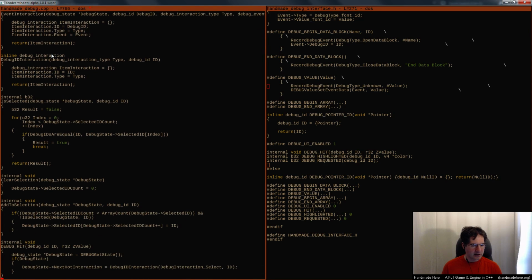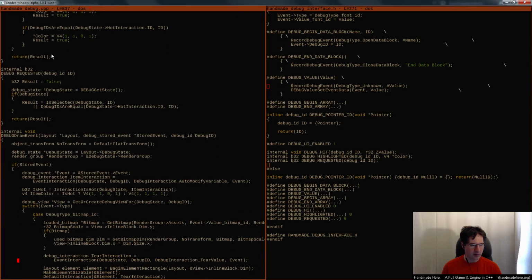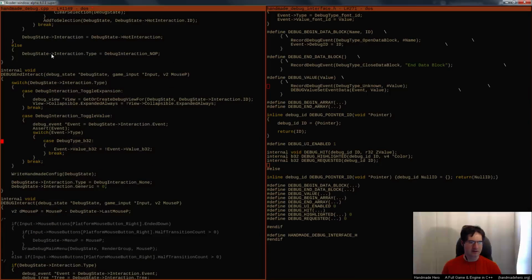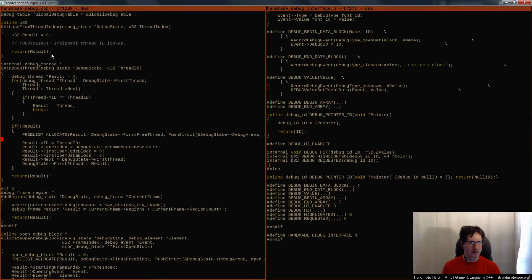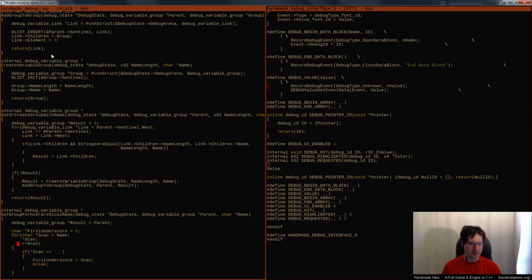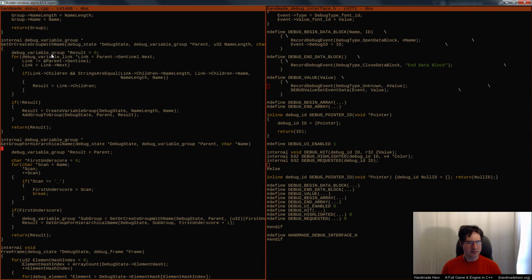Then I think once we're in there, there should be a way to get things by hierarchical name, because we're sorting those things into a hierarchy. That kind of has to work, right? Otherwise we wouldn't be able to do that. So we know that that also is there. Okay, so here's an example, right? Here's a variable group thing that creates variable groups by name, and it can access things with names and stuff like that. So we've got two things here, but that one is really more, I think, for